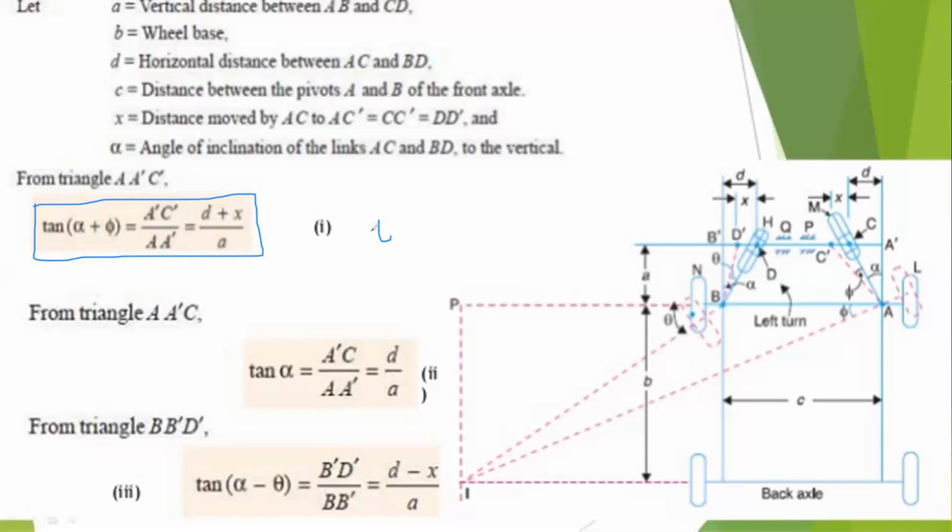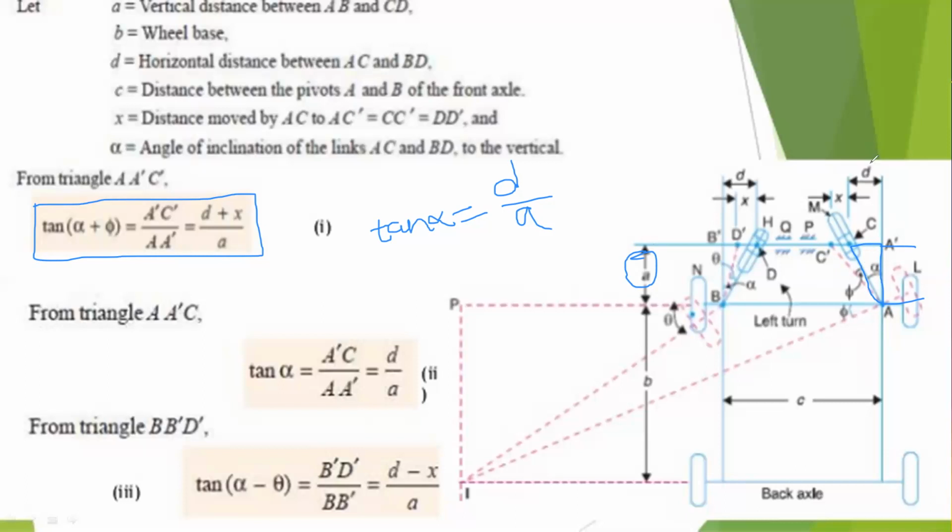So tan alpha is equal to, you can see this triangle, only this triangle. Tan alpha is equal to the opposite side, that is a dash c, that is D. What is the adjacent side? The adjacent side is a, you can see it is the adjacent side, and it is the hypotenuse. I don't know about this hypotenuse, but I am calculating opposite side by adjacent side.